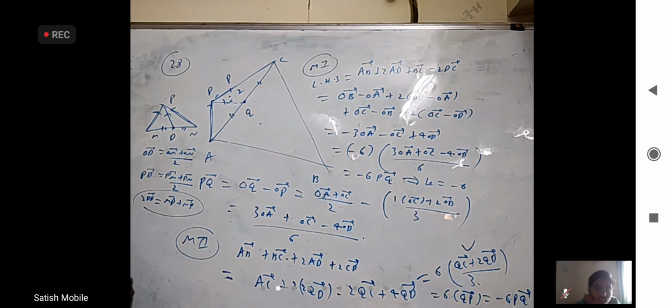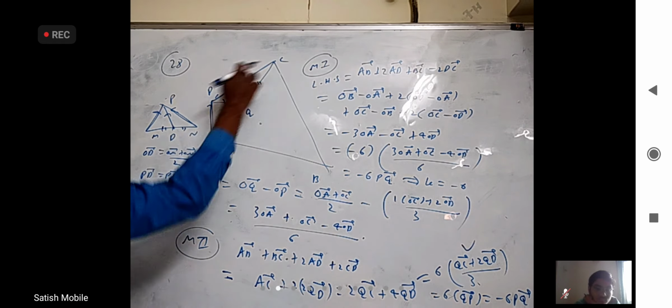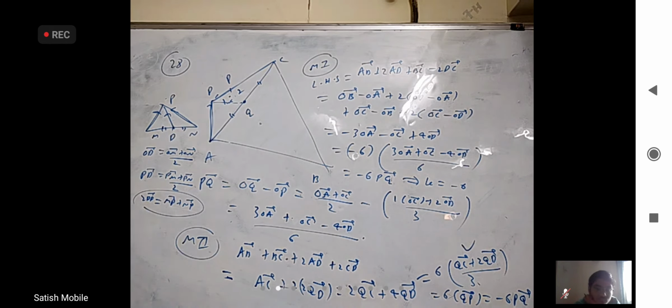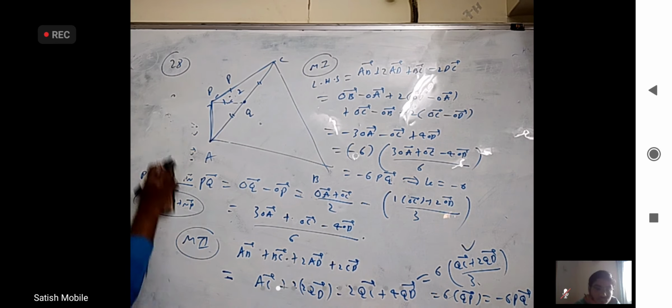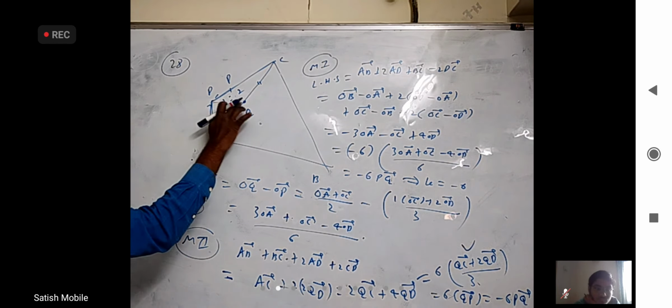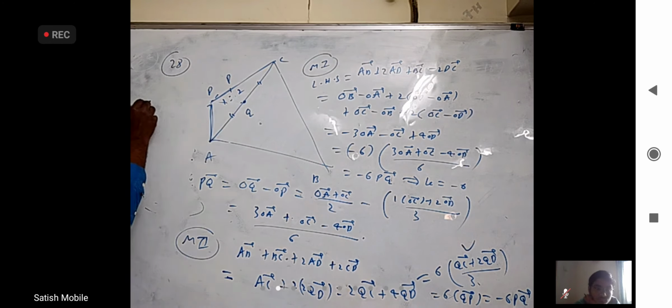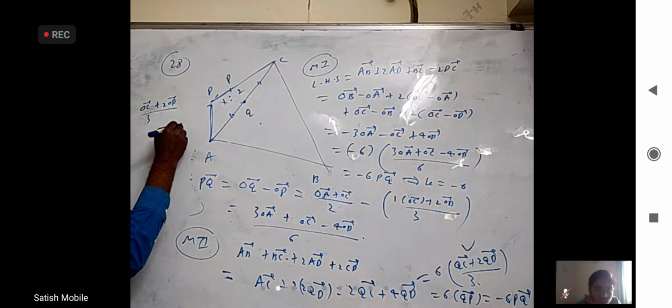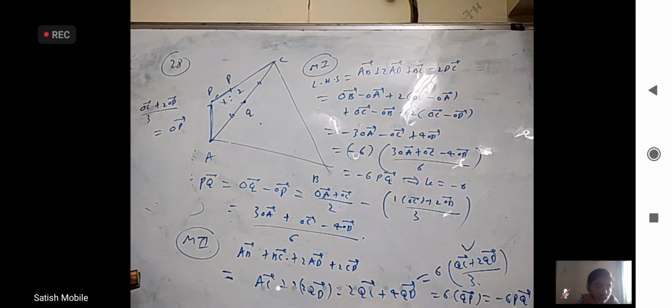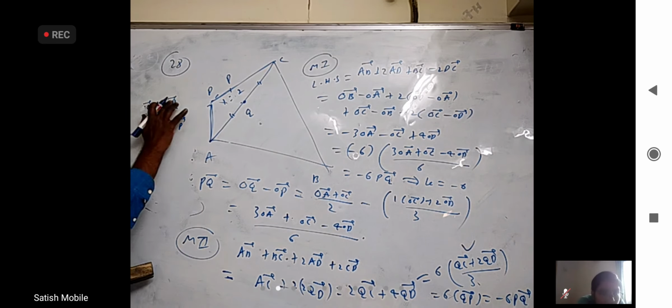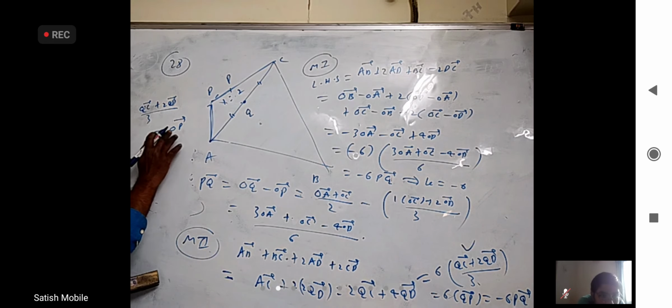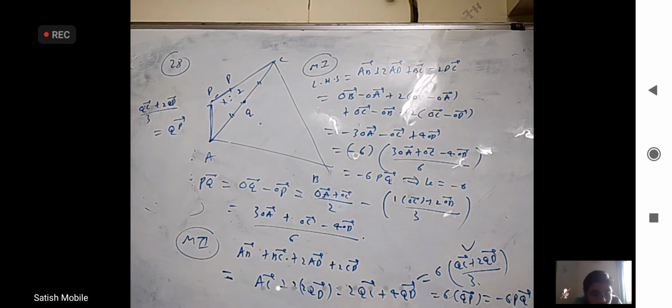What is that? For C and D, this 1:2 ratio is P. So let me write it like this slightly. According to the section formula, I would have got (OC bar plus 2 OD bar) by 3 is OP bar. Is it okay? Wherever O is there, I can write anything, but I'll write Q now. (QC bar plus 2 times QD bar) by 3 will be QP bar, right?